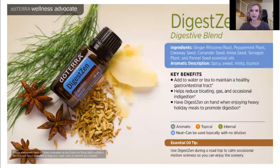And then Digestin: ginger, peppermint, caraway, coriander, anise, tarragon, fennel. It has a very strong licorice scent. The licorice and ginger is really strong in it. And that's awesome for tummies. It doesn't smell super amazing, but it works. I love to use this when I have an upset stomach, and I have used it